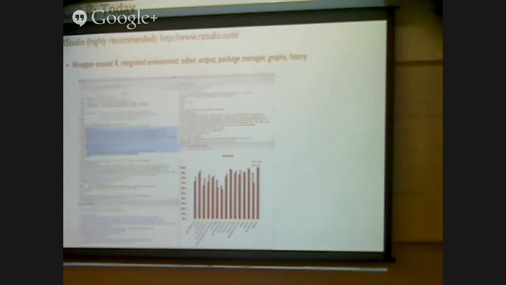So I've gone over where you get R. I'm going to talk a little bit about RStudio, which I've used in the last year or two. It's a wrapper around R that provides a more integrated environment. It provides you with an editor and a panel display where you can see your script, your output, your plots, your history, etc. I think it's a really nice environment to use if you're going to use R with a graphic interface. You're not really meant to read any of that, but that's what it looked like when I was making this